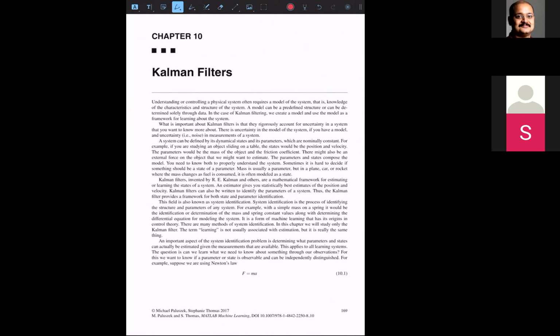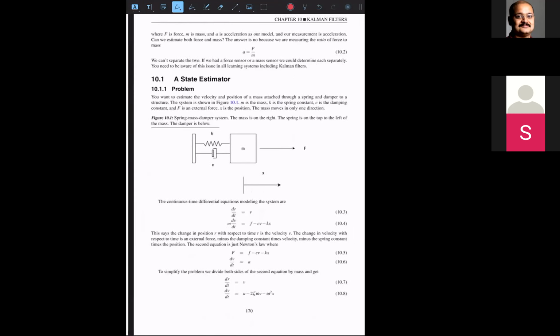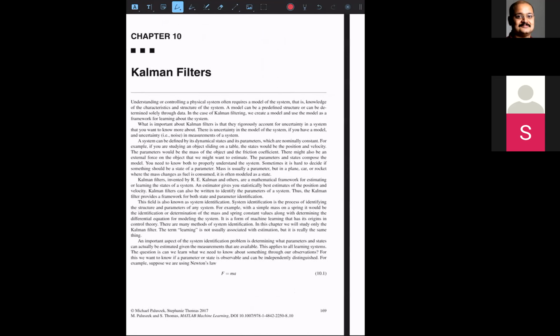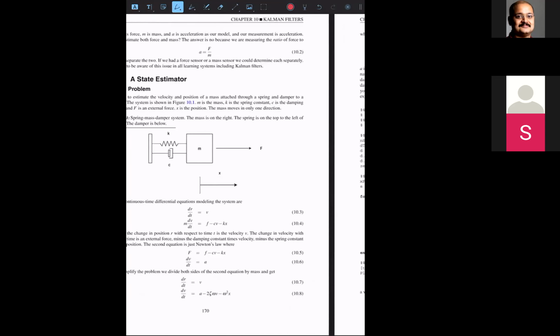Next part is very important, and I'm not going to discuss this today, but I will discuss it in the next class. But this part is super important. Remember the Kalman filter that we talked about, wherein we have an imperfect measurement, we have an imperfect underlying dynamical model. So these two imperfections, these two probabilistic entities, how do we combine them, with some error, and still find the best possible output? That is all there is to Kalman filtering. So in the next class, this would be the last class, we will go through the state estimator.